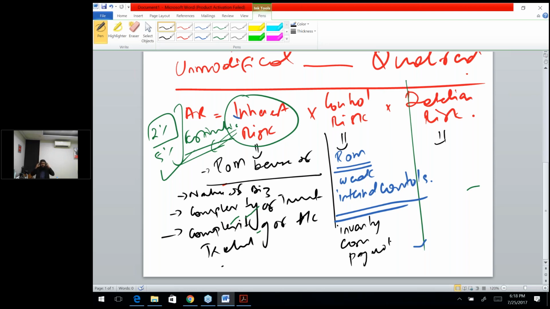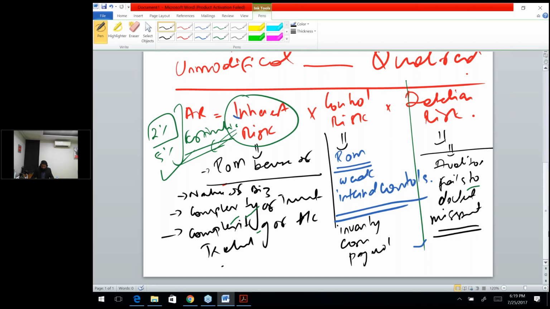They lead to a problem that the weak controls might result in some misstatements in the financial statement. So whenever we talk about audit risk, we say audit risk is made up of inherent risk, control risk and detection risk. Inherent risk is the risk of misstatement because of etc. Control risk is a risk of misstatement because of weak internal controls, and detection risk is basically a risk that the auditor fails to detect misstatement.